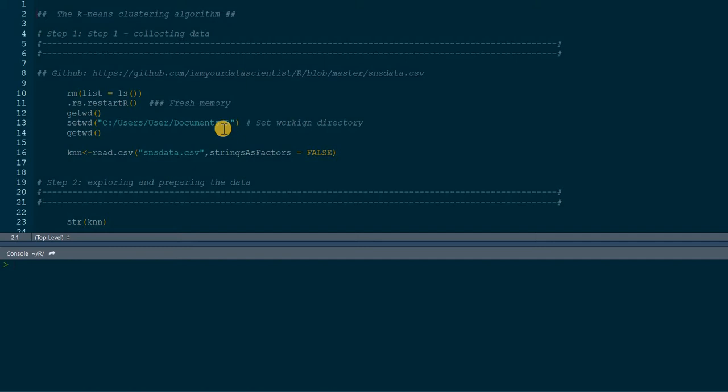So this is called clustering. So you want to cluster them together